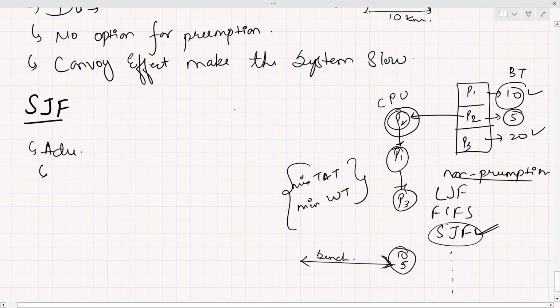SJF creates a benchmark for other scheduling algorithms to compare which scheduling algorithm will give an optimized result. Although SJF is not used in practical implementation, it is used to create a benchmark. So what is an advantage? The advantage is minimum average waiting time,